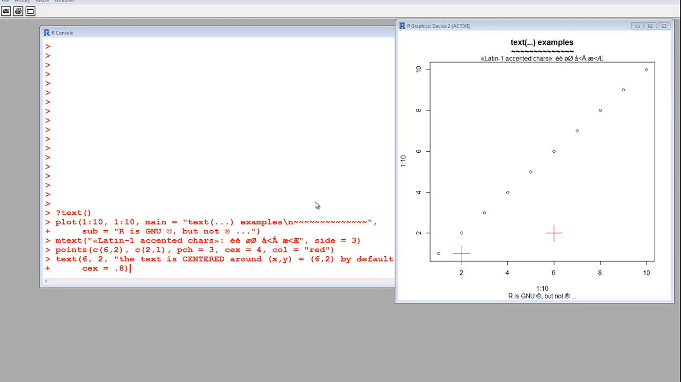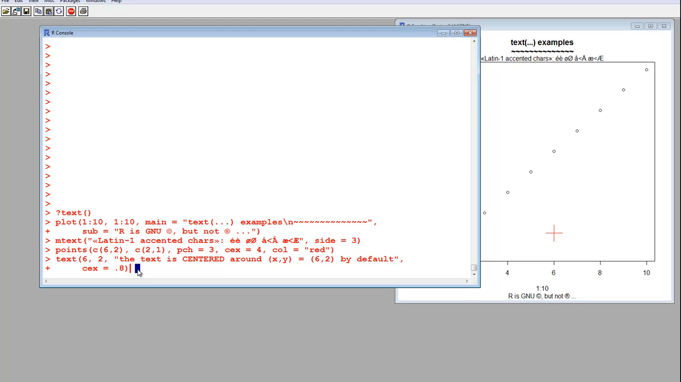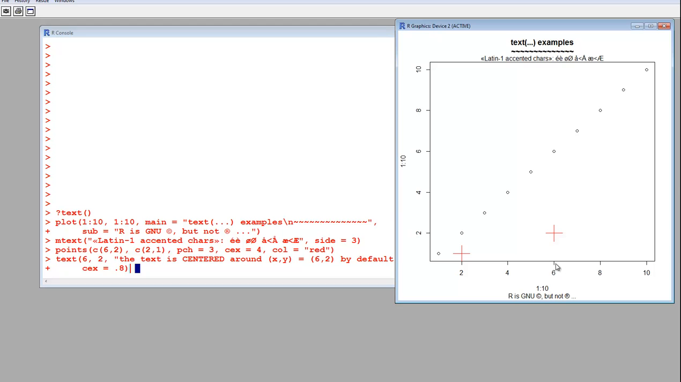Okay, and you can see what happened. By the way, this \n like that gives you a new line, so that you get text, examples, and then a new line, and then this character. So these characters are on the new line. Okay, anyway, so now we did that, but we haven't done this text function yet, because I didn't hit enter yet. So what do we expect? 6, 2 is this point here,